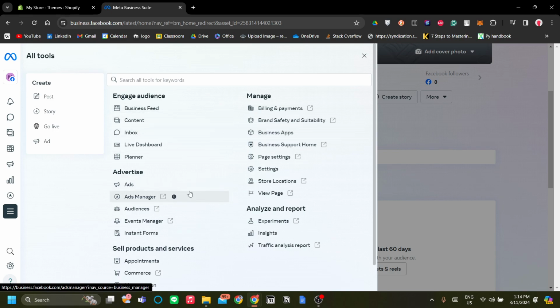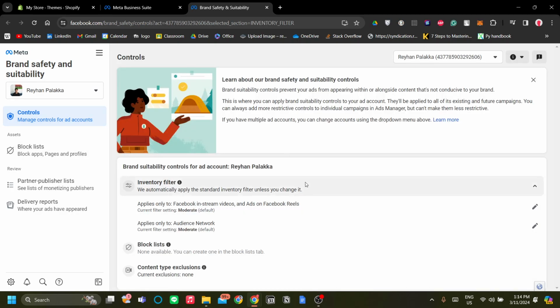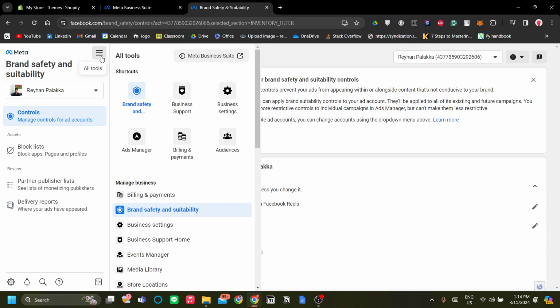So let's find business settings. If you cannot find business settings, just go to brand safety and suitability. But there has been a change in Facebook. This is not the actual page where you add your domain. So let's click all tools, and you can find business settings in the brand safety and suitability page. So click business settings